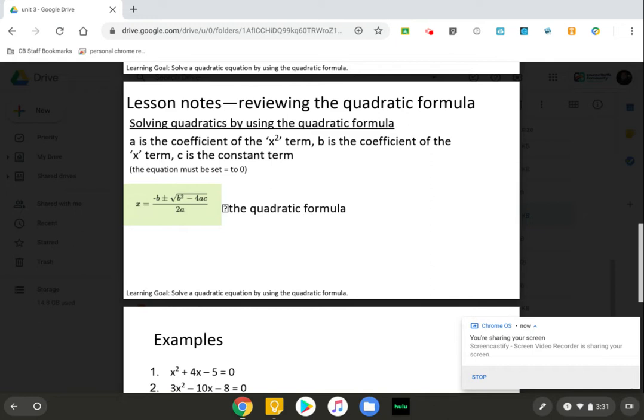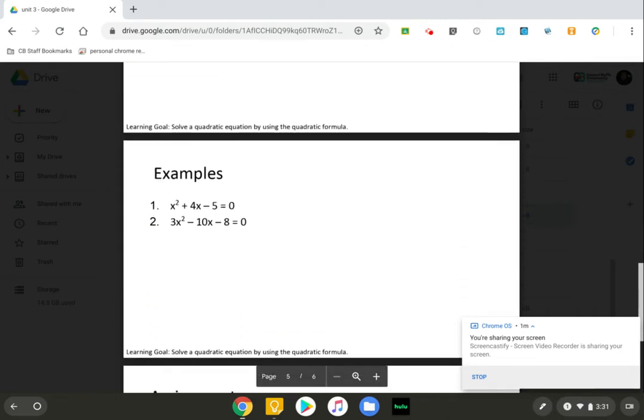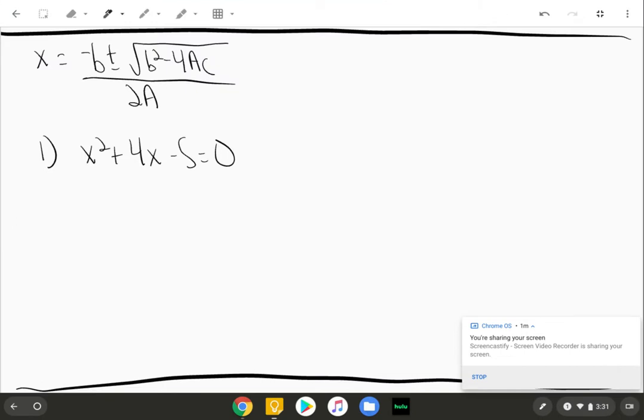The next thing is what it says in the parentheses here, and that the equation has to be set equal to zero. You cannot use the quadratic formula until it's set equal to zero. So with that in mind, let's look at these two examples here, starting with number 1, x squared plus 4x